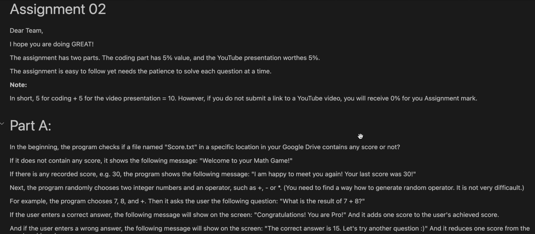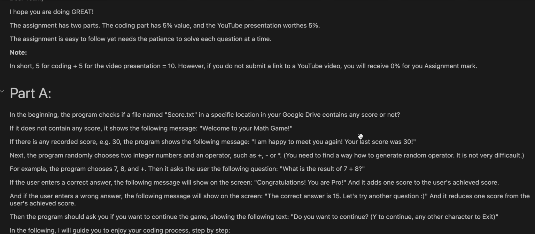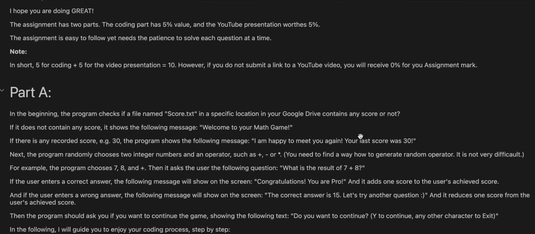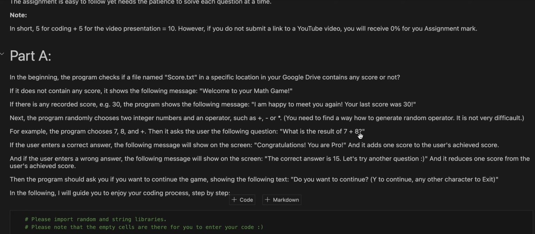Okay, hello, my name is Adler Pashuhan, and here I will be going through our assignment 2 about the math game. Based on the requirements, first our code will be checking the